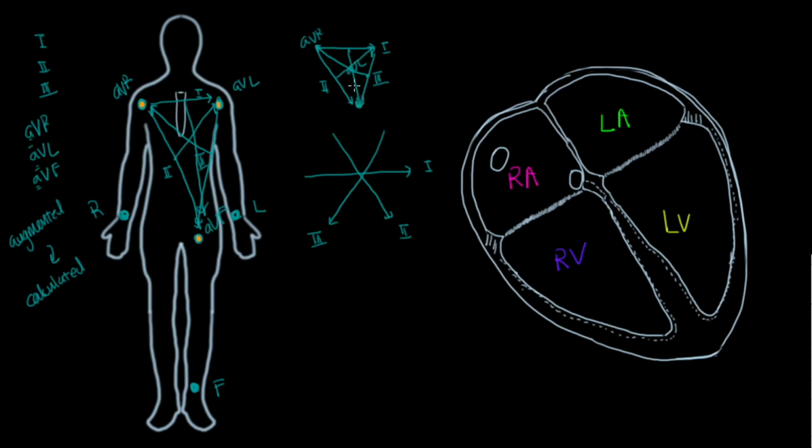Down here, that is AVF. Now, if we were to draw all of those onto here, we have AVL. We would have going up this way AVR, and downwards here